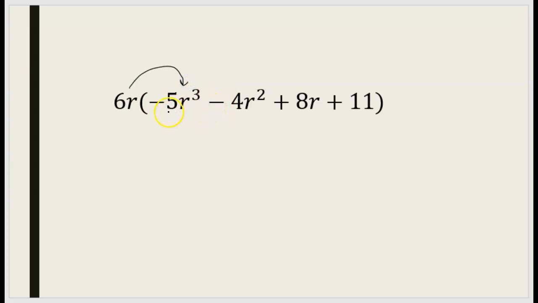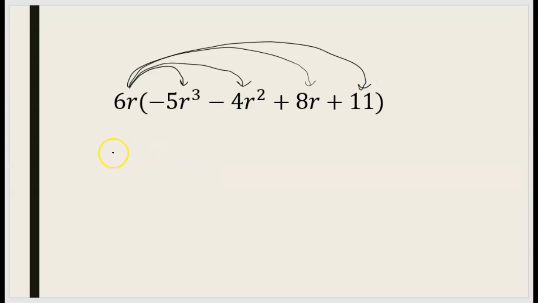So this time, remember I told you we were going to be multiplying a monomial times a polynomial, many terms. Okay, so we're up to 4 terms now inside this set of parentheses. So we have to take that 6r on the outside of the parentheses and multiply that through to every single term on the inside of the parentheses, okay? So we're going to have to multiply our constants together. So we have 6 times -5, which of course is